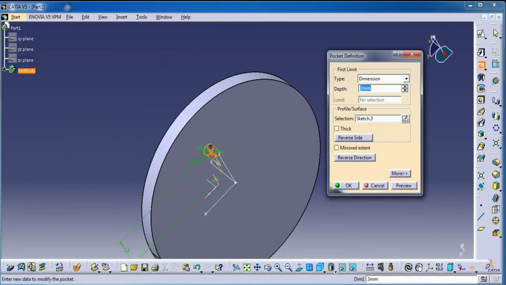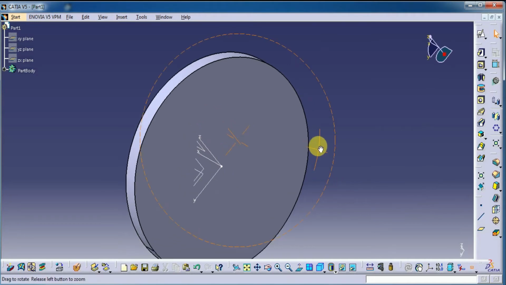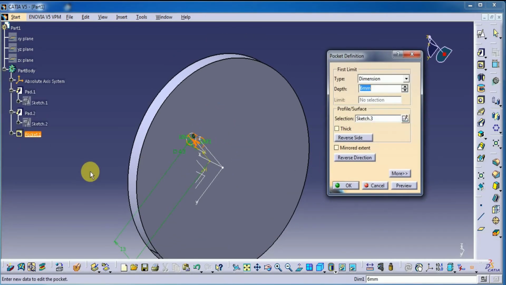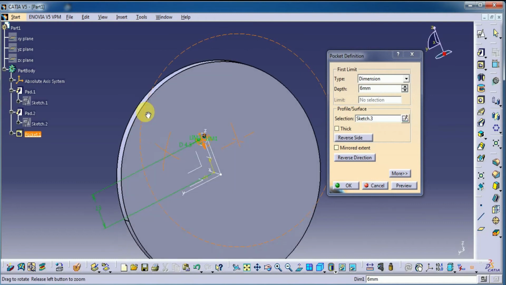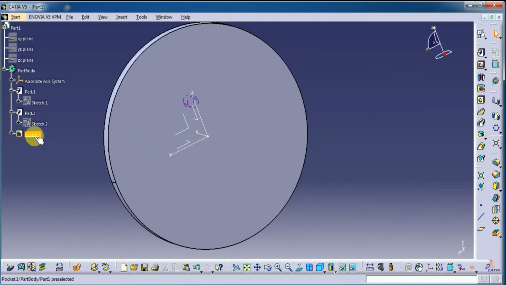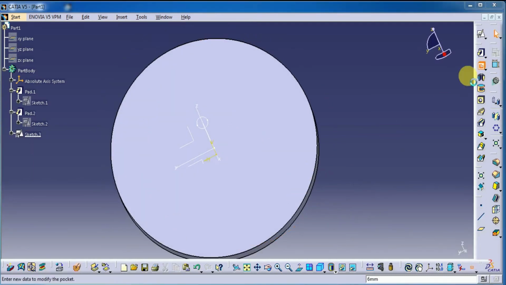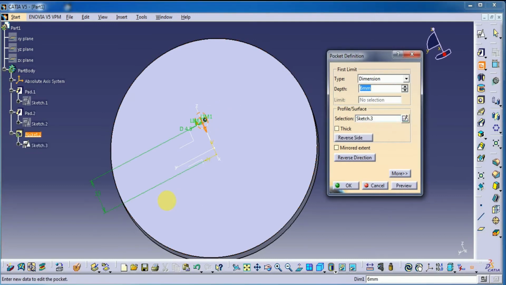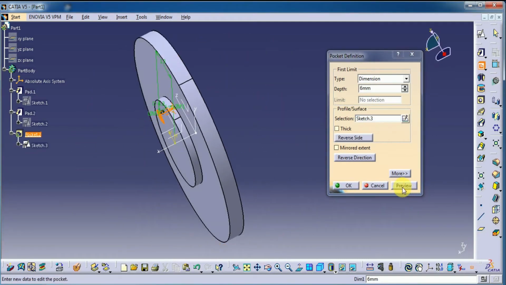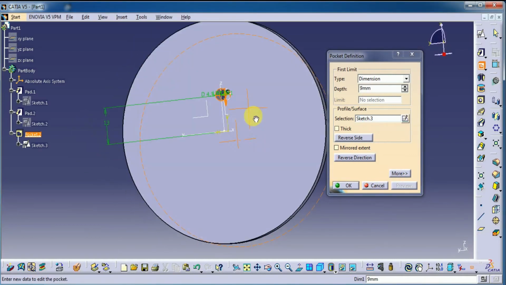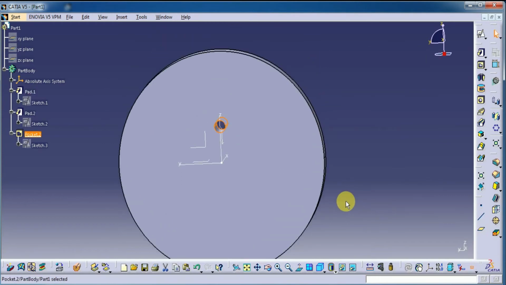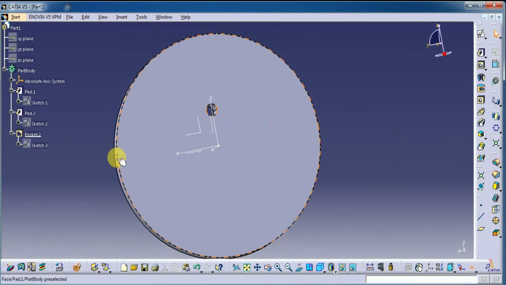Should be 6 mm. Preview, reverse direction. So this is the pocket we require, 9 mm. We previously were given 6 mm, that's why we didn't see a complete hole. Okay,